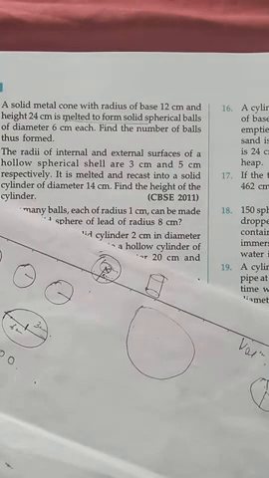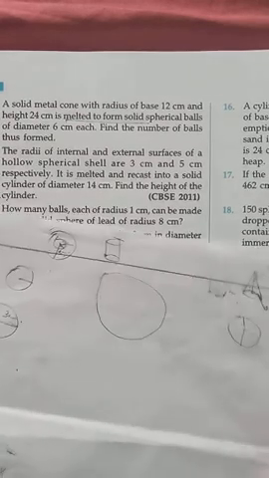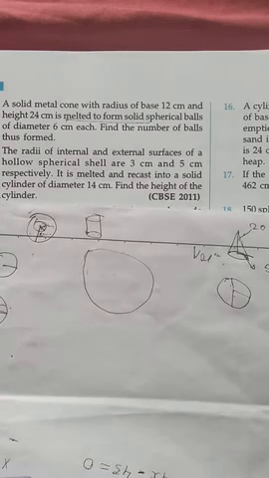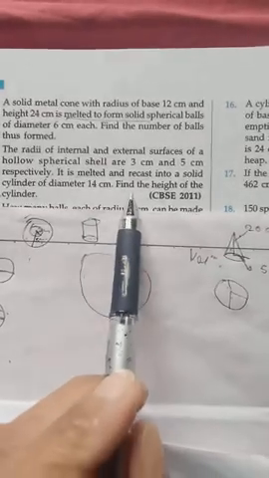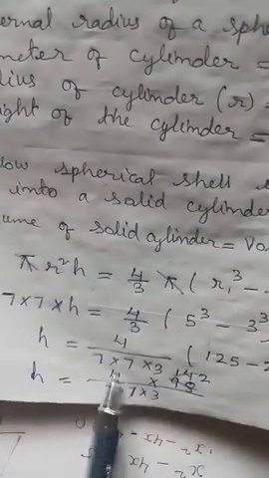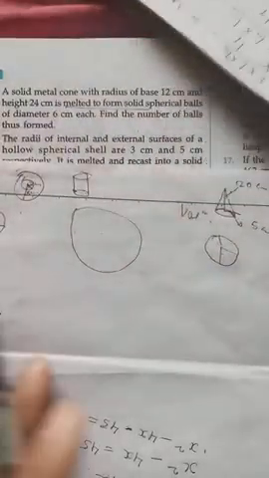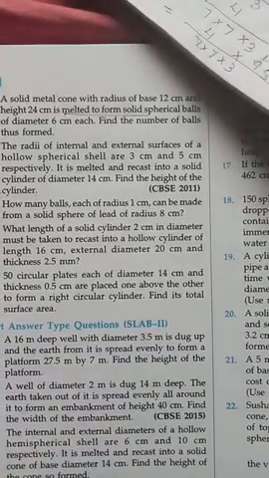So that means the height of the cylinder is equal to 8 by 3. So if you divide, you will get the answer. Okay, we only have to find the height of the cylinder, so you can do that. Because from here we are left with 4 into 2, 8 divided by 3. So you divide it, you take at least 2 numbers after the decimal. Then next we have